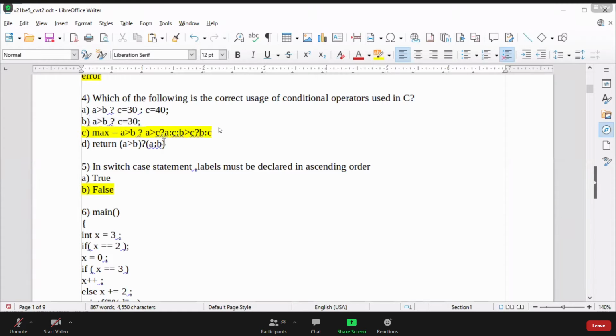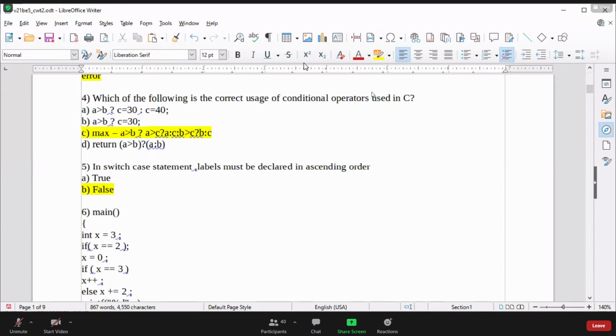The third one is correct, that I will also explain. First, you can see the fourth one. What is wrong in this fourth one? Can you tell me? In the fourth statement, what is wrong? Is anyone able to answer? No, not a semicolon.